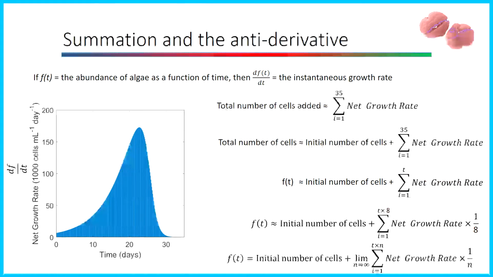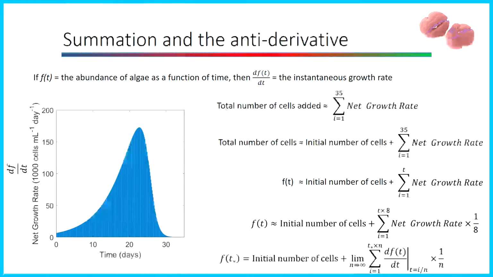All right, since we're using mathematical formalism here, let's also replace the words net growth rate with our mathematical notation for the growth rate, which can be mathematically written as the derivative of f of t with respect to t evaluated when t equals I over n. Note that here I've also differentiated t, which is the variable we're using to watch how our time series varies smoothly as the growth rate, from t star, which is the time at which we want to calculate the abundance